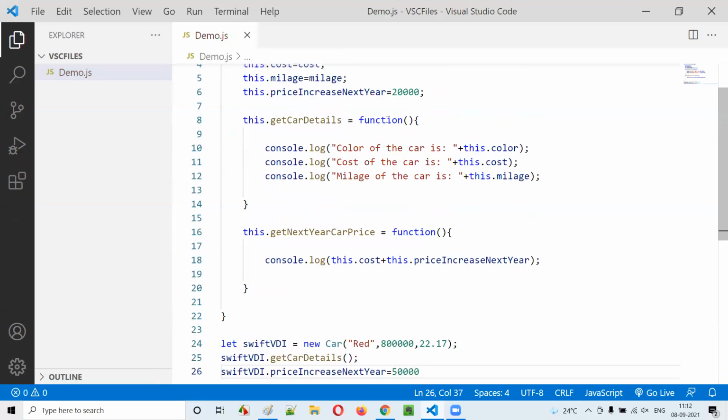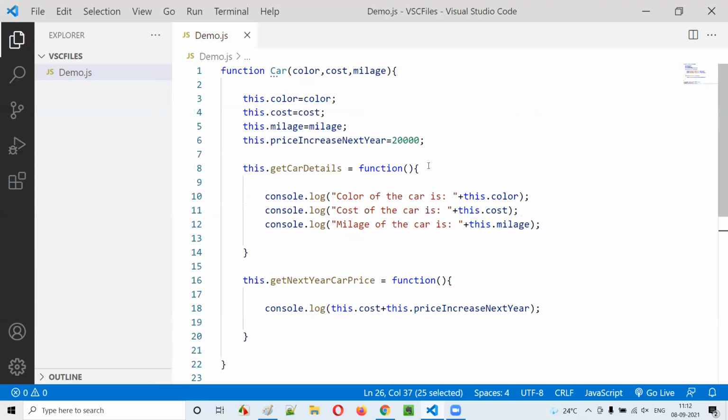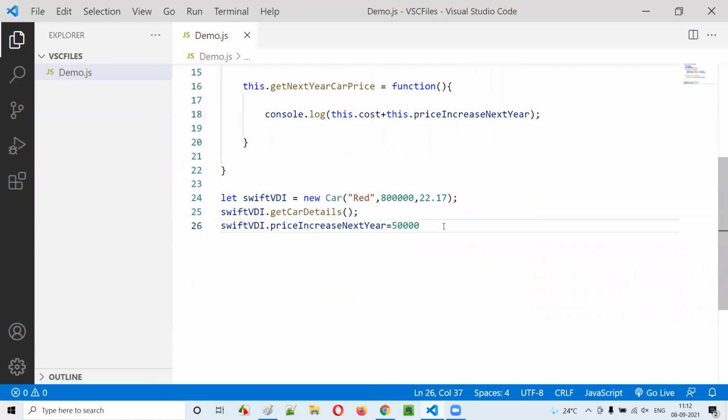I'm able to change the price, even though I'm not the owner of these particular cars or models of the cars. I'm still able to change this price. This is what is happening, guys. This should not happen, let's say. Now if I say